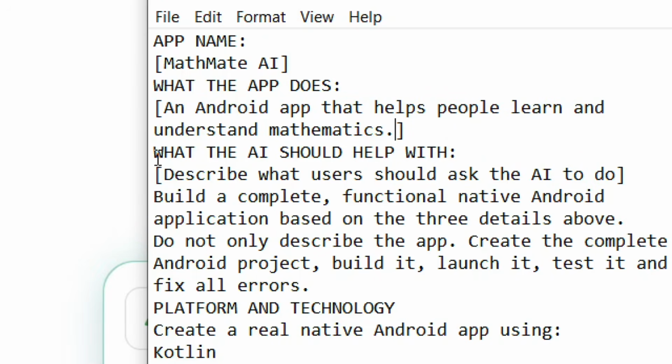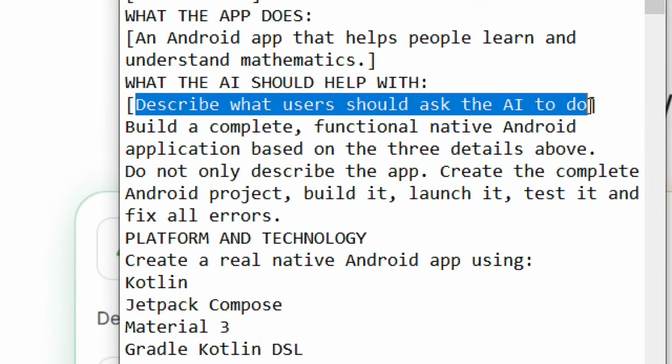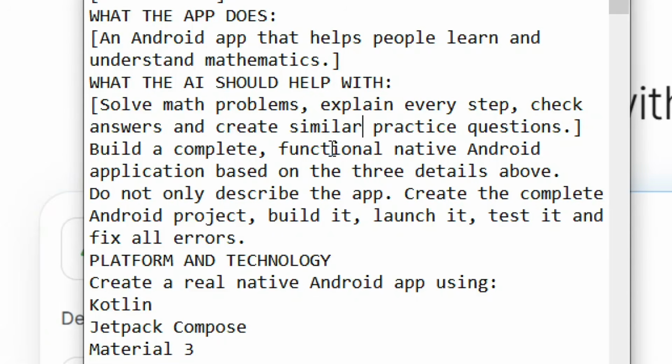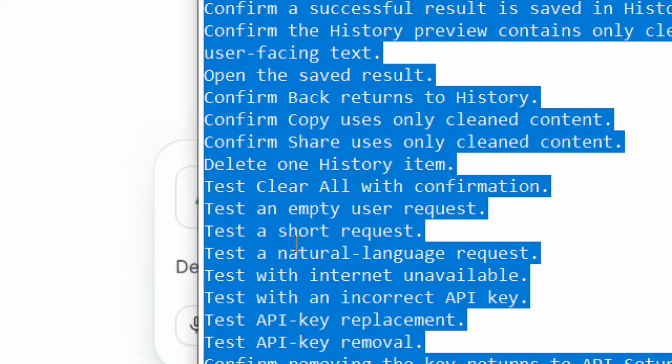After that, simply come here to what the AI should help with, and it says to describe what the AI should help with. Simply describe it in a short sentence, just like this. Exactly. After that, simply highlight the whole prompt, right click and click on copy, and